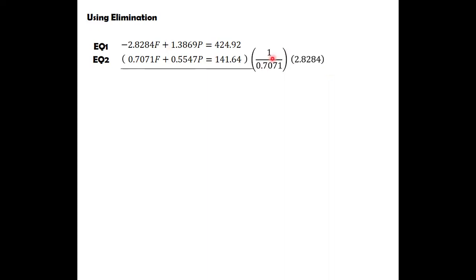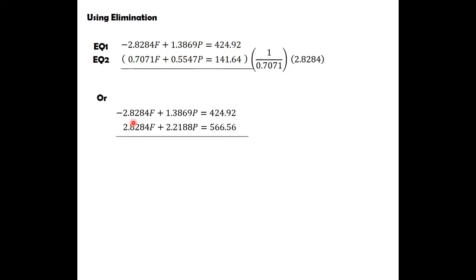Okay, so therefore, distribute lang. Magiging ganito yung second equation natin. Magkamukha na yung numerical coefficient ng first equation at saka ng second equation but opposite in sign. Definitely, cancel out na agad siya. And then get the summation of this and then this, so that is equivalent to 3.6057P. And then let's get also the summation of this and this, so that is equivalent to 991.48. Definitely, we can finally compute the value of P by dividing both sides by the numerical coefficient of P, which is 3.6057. So P is equivalent to